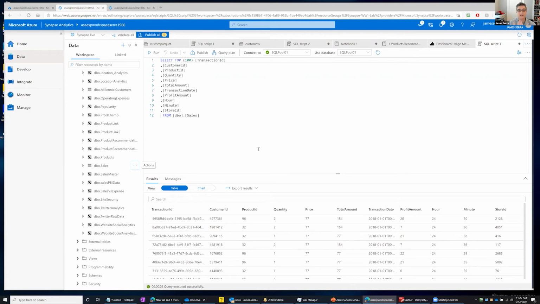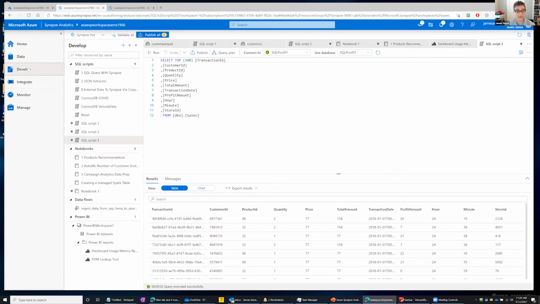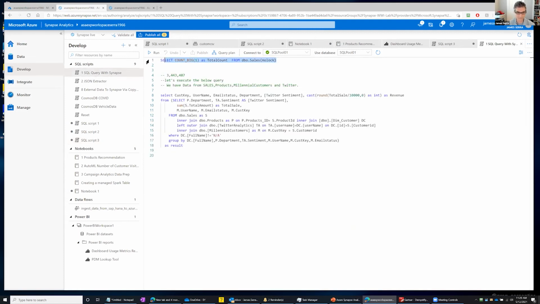And because this dedicated pool is very powerful, I can run really large queries on here that can go anywhere from 20 to 100 times faster than regular SQL Server or SQL database. So if I look at one here now, this is not a large one. So there is the option, if you want to do this on your own, to create a table that has billions of rows on here.